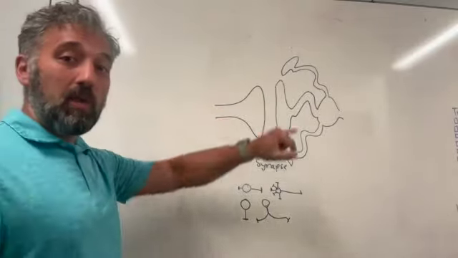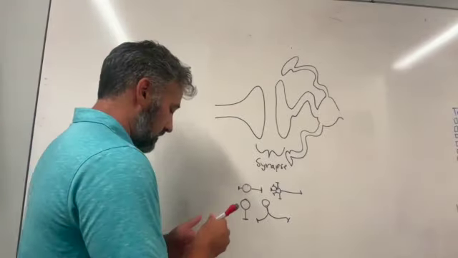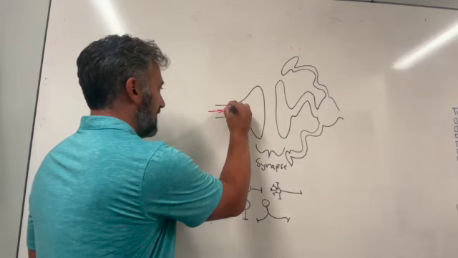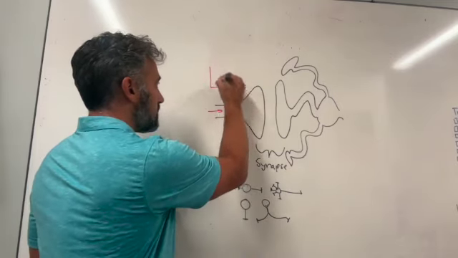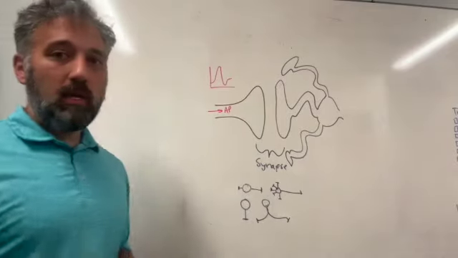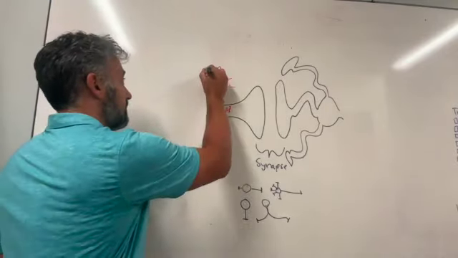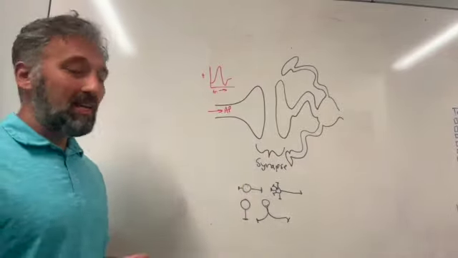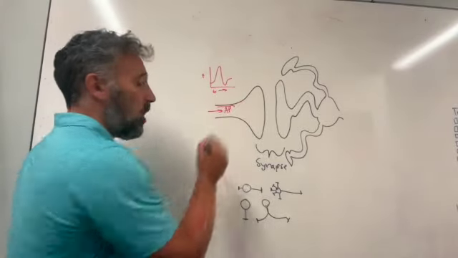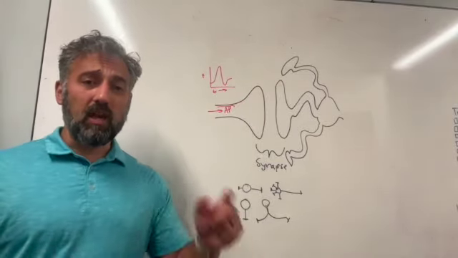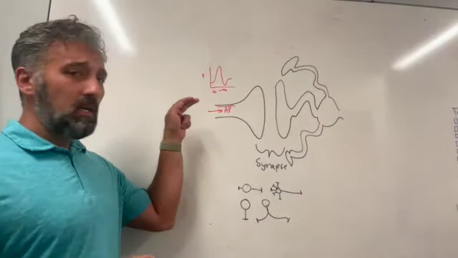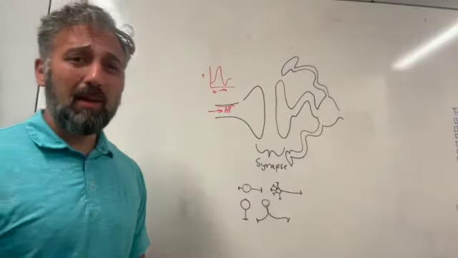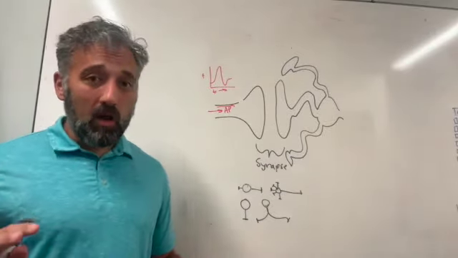So, in any case, we have this synapse. We have information that is going to travel from one place down, and it's called an action potential. Action potentials are a positive influx of ions. So we have something that makes it go positive over time. And that information is going to travel, opening voltage-gated sodium channels and voltage-gated potassium channels in a wave-like fashion all the way down the axon until it gets towards the synaptic knob or the synaptic bouton or whatever you want to call it,